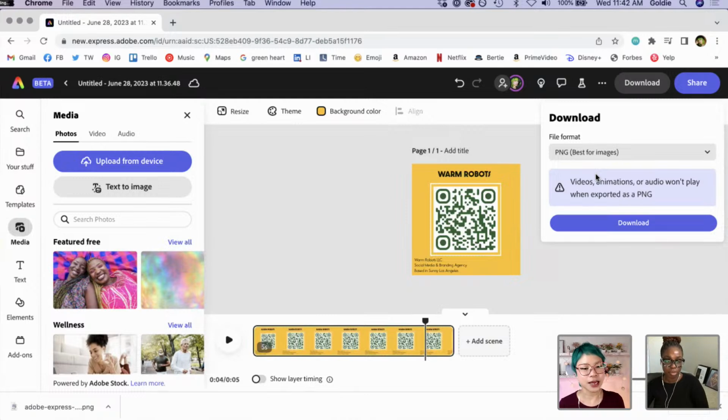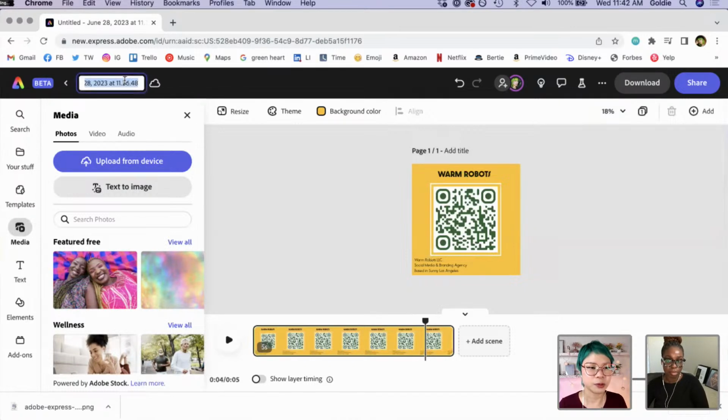You can change the colors and everything, which is so fun and so nice. It's one of the coolest things about Adobe Express, or one of the coolest things that people don't really talk about a lot, because there's a lot of cool things in here.